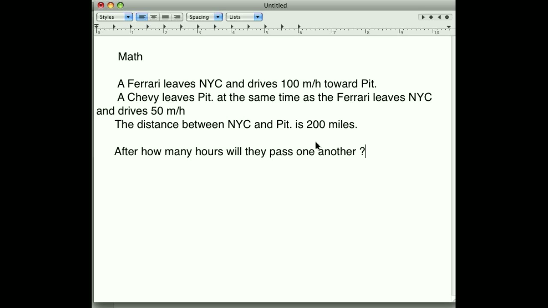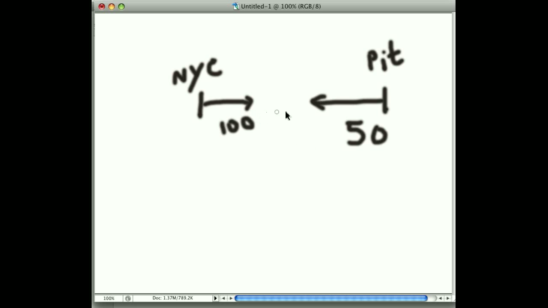Okay, so if we look at this problem visually, we know that they will meet somewhere here. It'll be closer to Pittsburgh because the car from New York City is a Ferrari and it goes faster than the car that comes from Pittsburgh, which is a Chevy. So we know that this place will be closer to Pittsburgh, but we don't know exactly after how many hours they will meet. So let's say